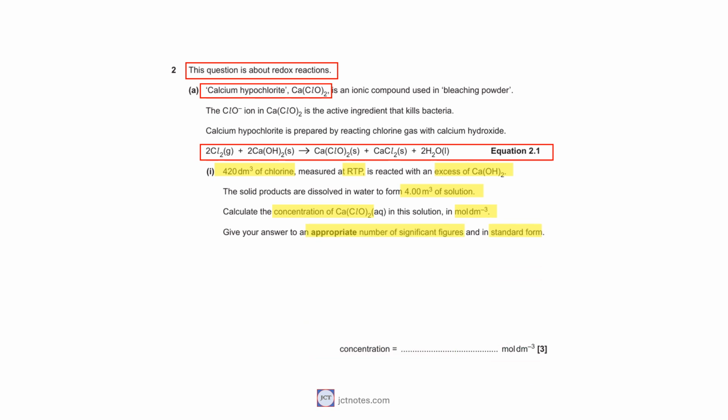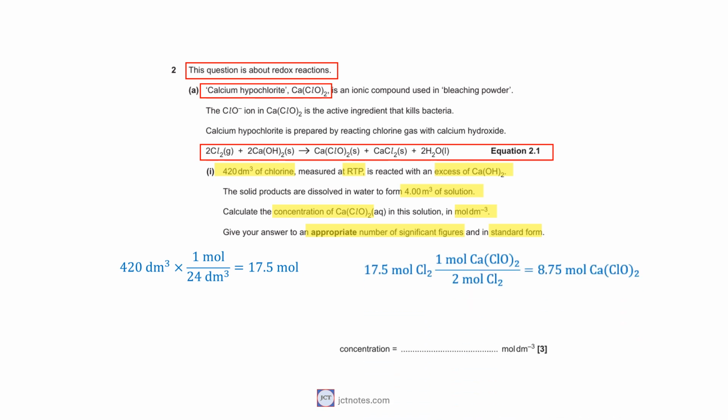At room temperature and pressure, 1 mole of gas has a volume of 24 cubic decimeters, so 420 cubic decimeters are 17.5 mole. From the stoichiometry of the reaction, we know that 2 mole of chlorine produces 1 mole of calcium hypochlorite, therefore 17.5 mole of chlorine produces 8.75 mole of calcium hypochlorite. As the volume of the solution is 4 cubic meters, or 4,000 cubic decimeters, the concentration of calcium hypochlorite is